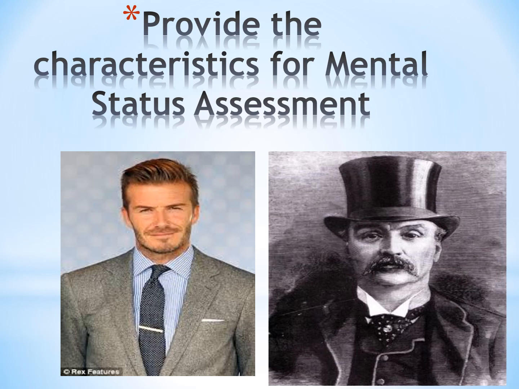So which of these two individuals would you say have a mental health problem? One on the left, one on the right. Now, if your answer is, I can't really tell because you can't tell by the picture, then you probably will be correct. But the one on the right was actually Jack the Ripper. Okay, so if you guys are too young and don't quite know who Jack the Ripper is, since we are all on the electronic databases, you can actually look up who that person is. So you can do that for homework. And the one on the left, who do you think he is? I can tell you that he plays sports.